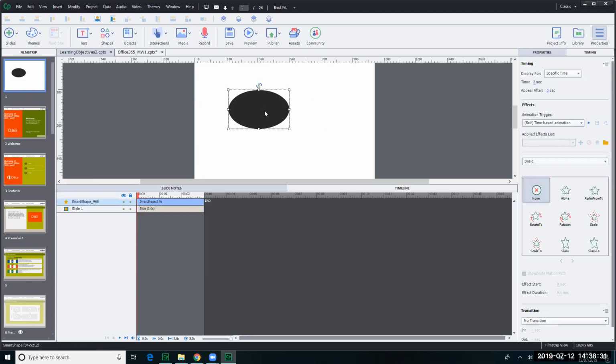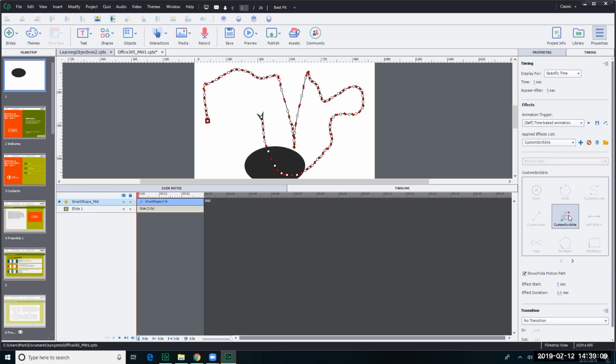So I've got a shape here. What I wanted to show you was the motion path section, because I have actually found this quite useful for things like process mapping. If you have some very dull process that you've been tasked with representing on a slide, you can do it with a series of bullet points, or you can use something like custom scribble, which will let you draw a path, all over the shop, and your object can travel along that